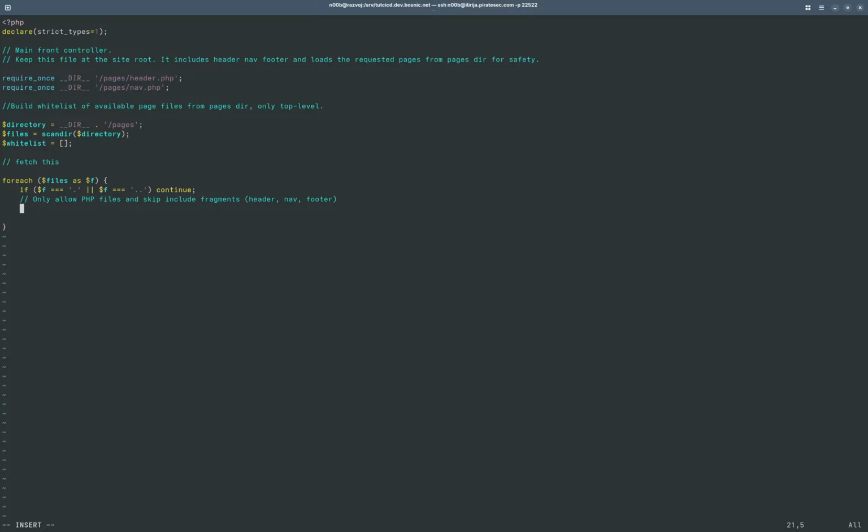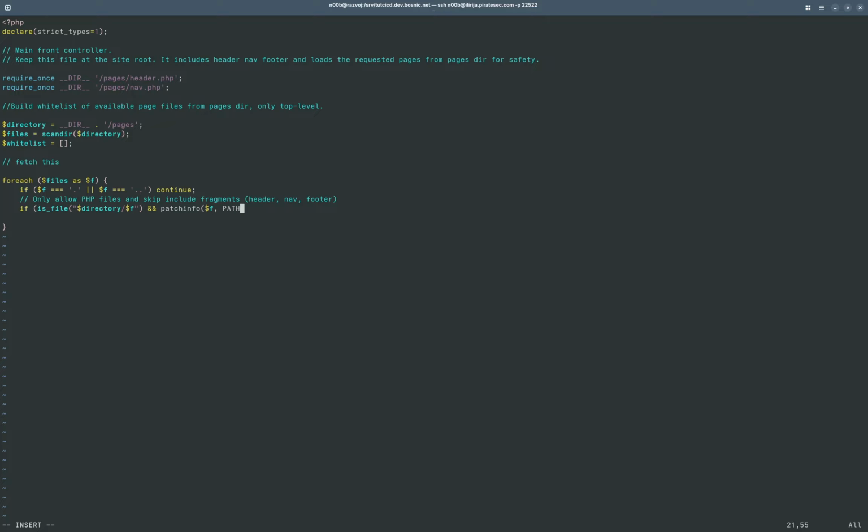We'll just continue. If file is_file, and this file we have to put under double quotes, and then our directory slash our file. I believe it's like this. Please God. And now we will take pathinfo, read it of this file,